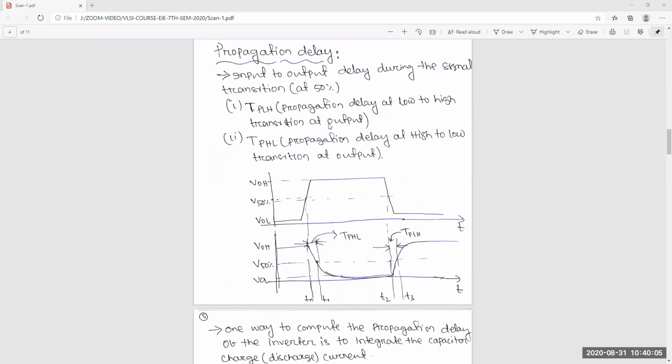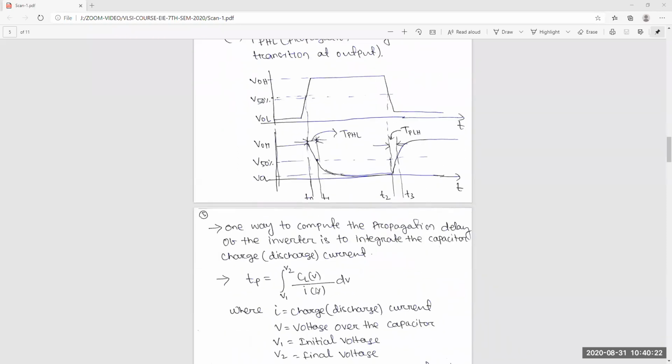Okay. So this is the propagation time definition, and you will calculate it from 50% of the time from input to output. What is the difference? Timing difference. So it will calculate that propagation delay time. This is the propagation delay time, meaning the change from V1 to V2, either from VDD to VDD by 2, or 0 to VDD by 2. That is 50%, and means CL dV by IL.